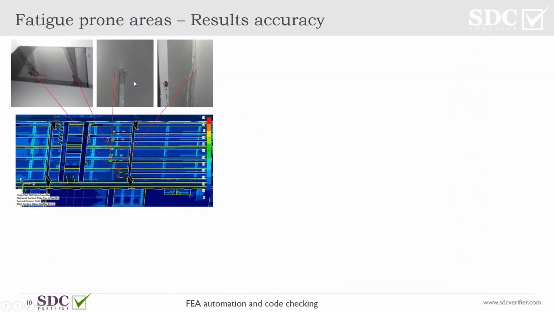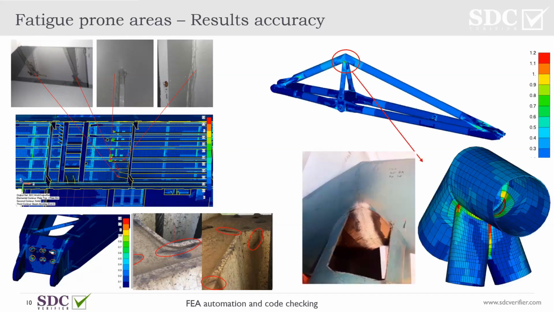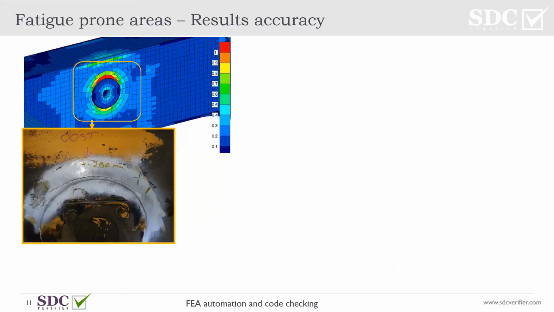So in the current case, this is at the tips of the stiffeners, or for example, the very local problem found here, where the rest of the structure is in good condition, or another topic like this. These fatigue-prone areas very often are hardly reachable because basically they come down to the local stress concentrations. And of course, nobody wants to inspect the whole structure